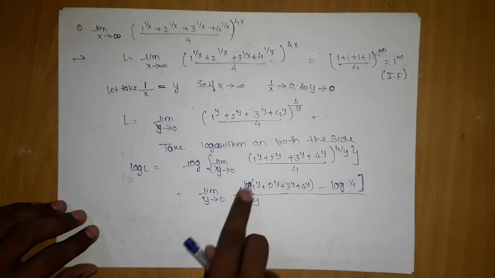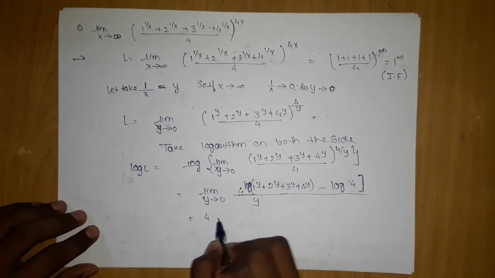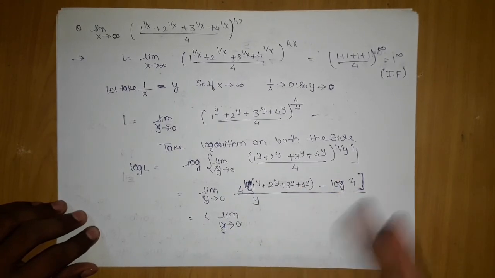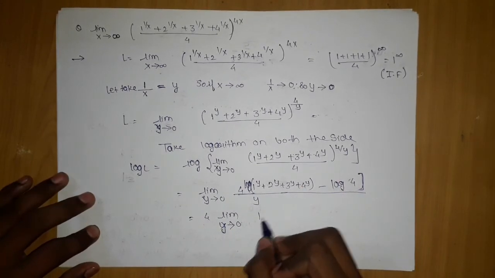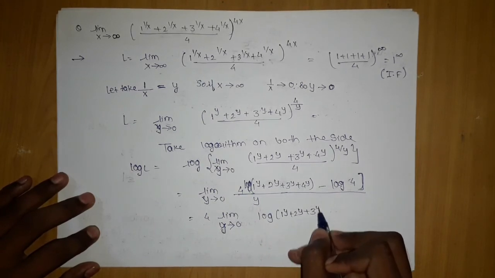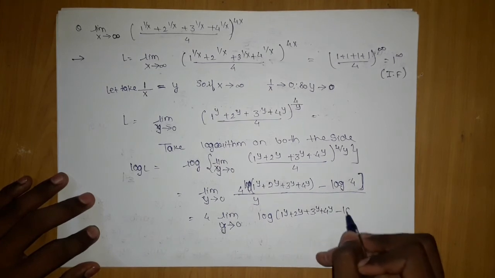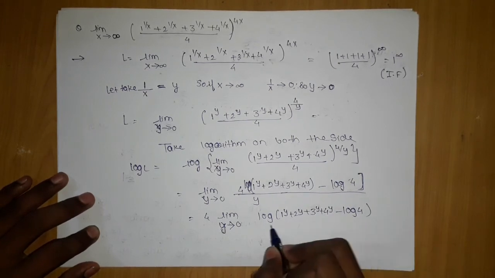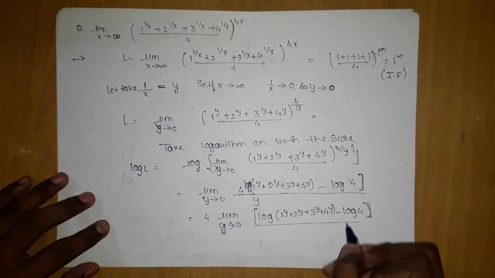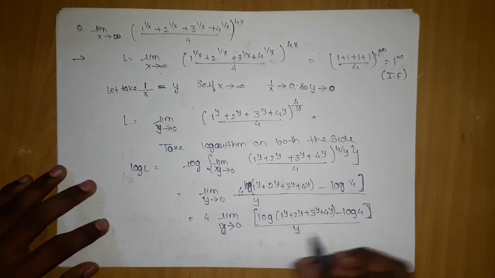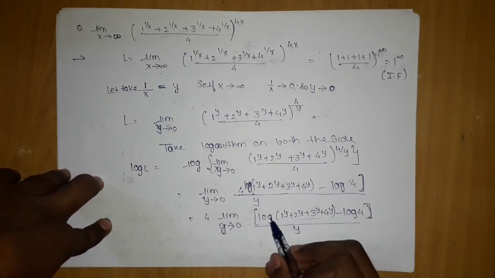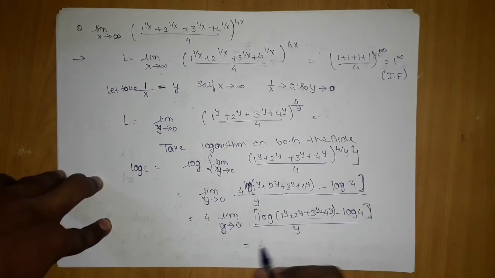What we can do, we'll move this 4 outside. Finally we will be left with, you have to mention the steps, the reasons of logarithmic properties. We are having 4 by y, minus log 4, and here we are having y. Now if you put the values, this is becoming 4 and minus log 4, minus log 4 by 0, which is giving you 0 by 0 form.